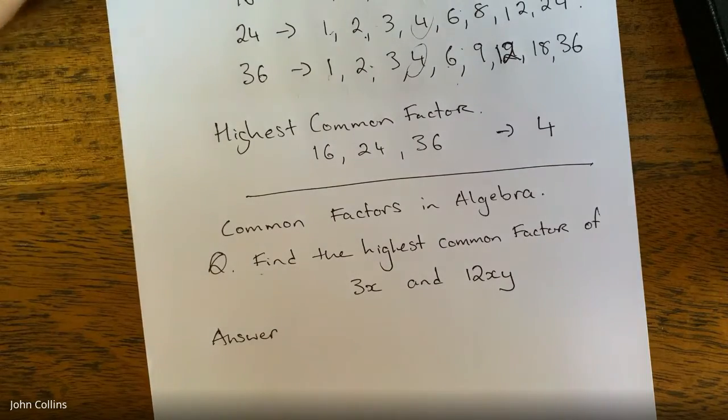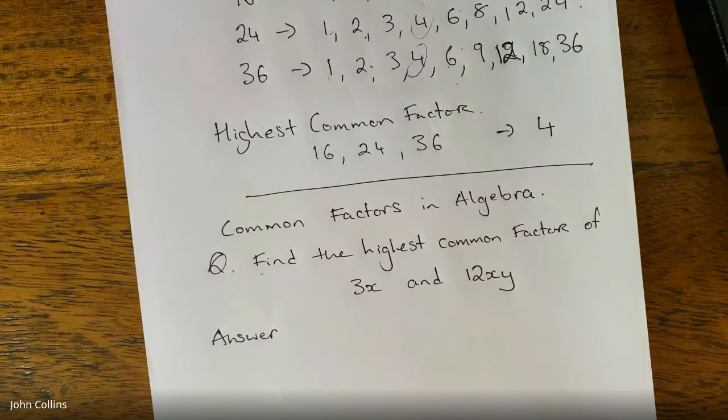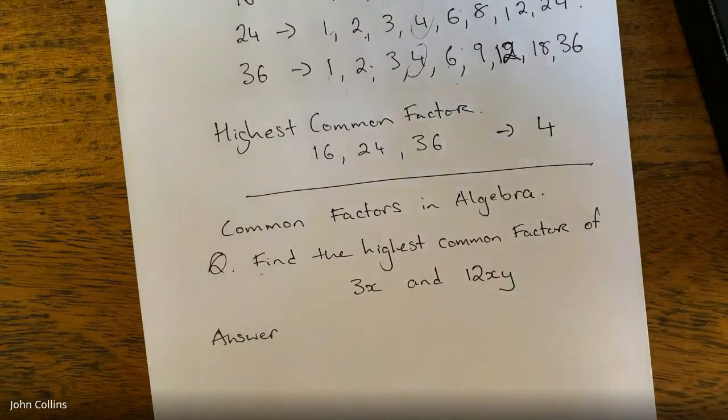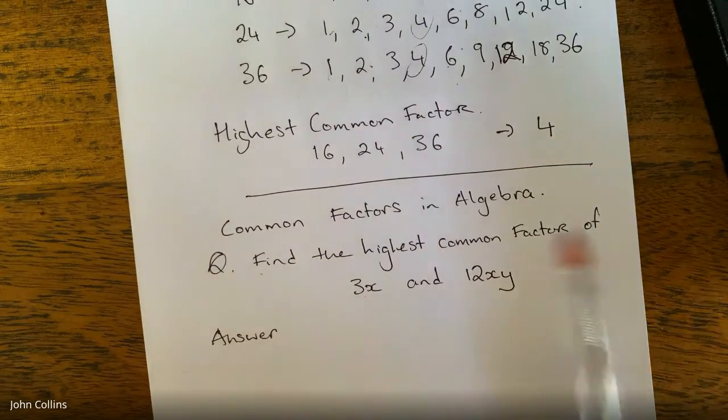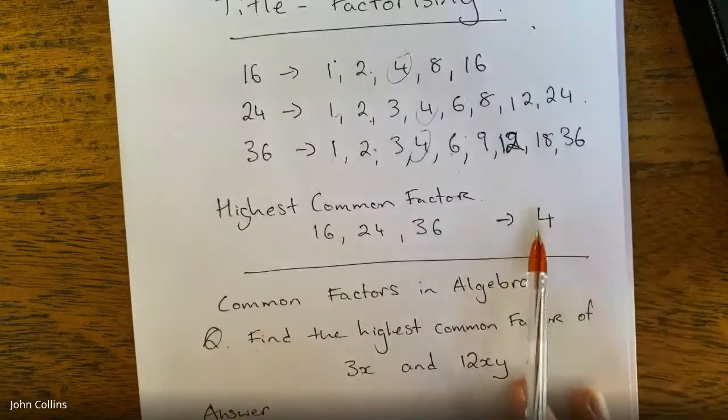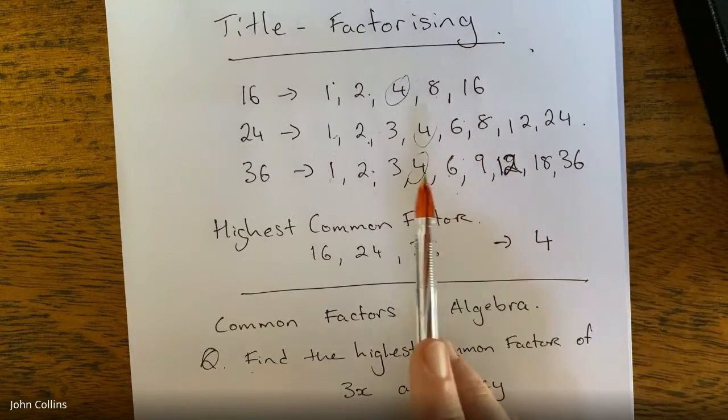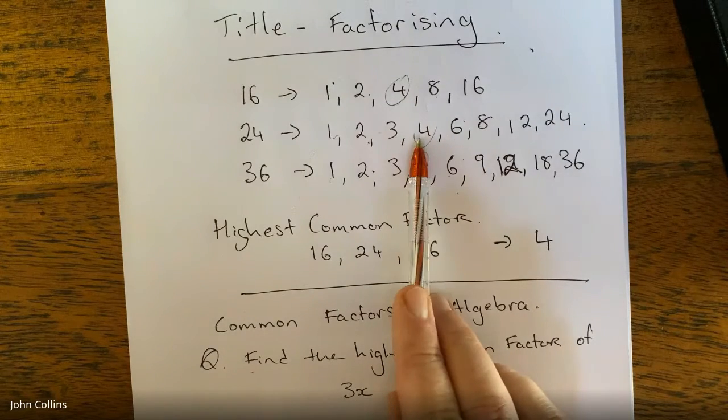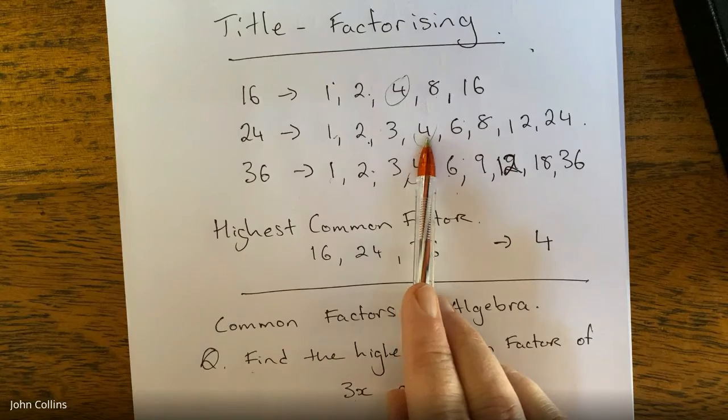Anyone want to have a stab at what it might be in the chat? Julie thinks it might be 3x. Asher says 6x. Okay. So what's the key to a factor? A factor must be able to multiply by something to get to the number. So for instance, I can pick any of the factors that we worked with above. If I picked 24 and I picked 4, that must multiply by a number to reach